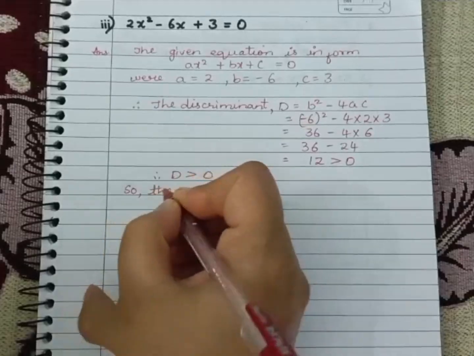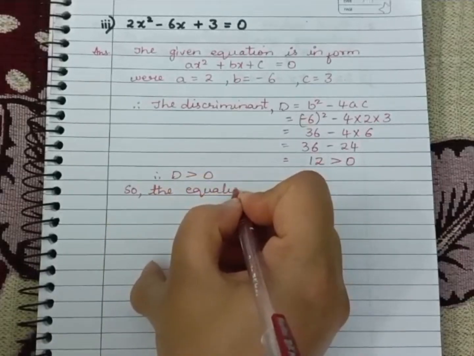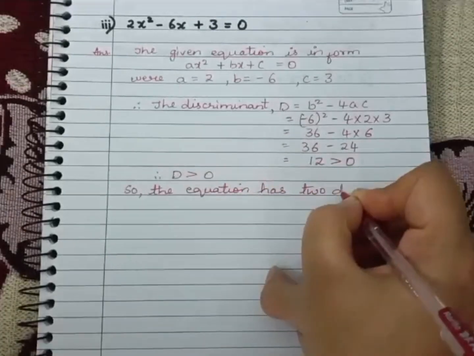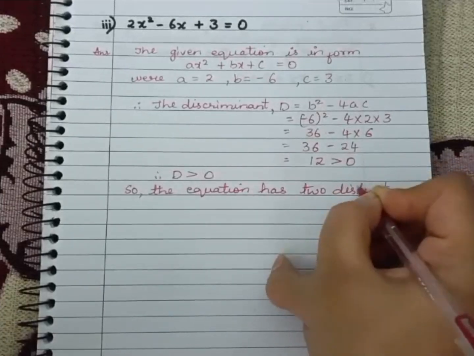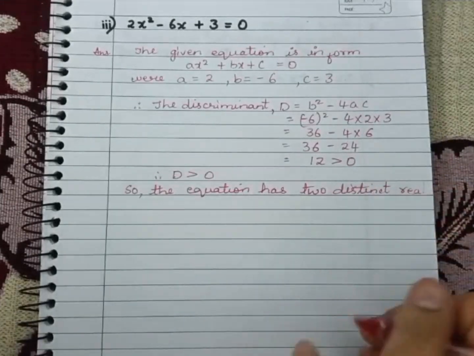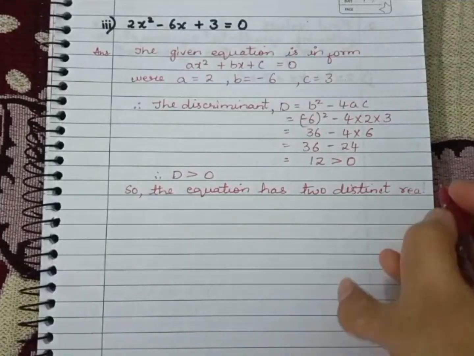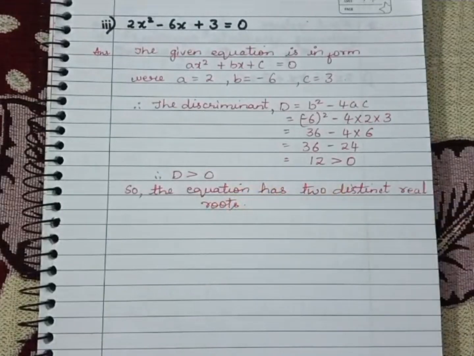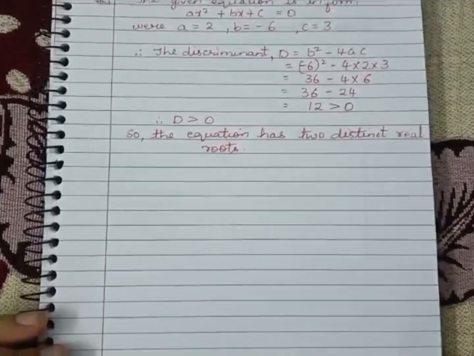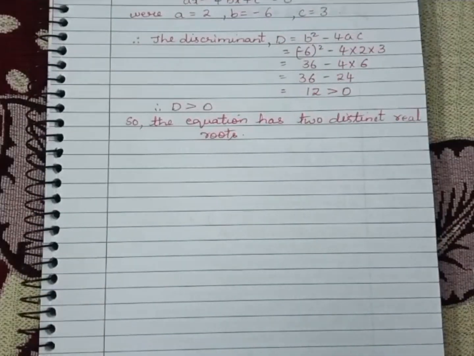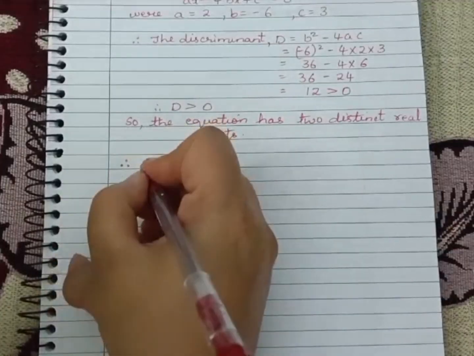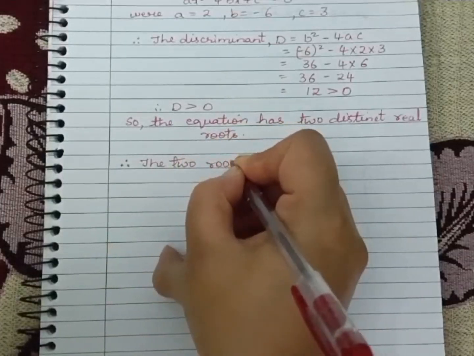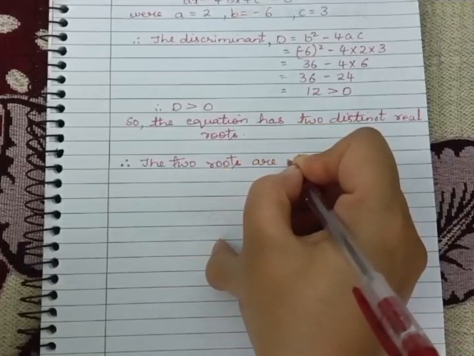So the equation has two distinct roots. Therefore, the two roots are,